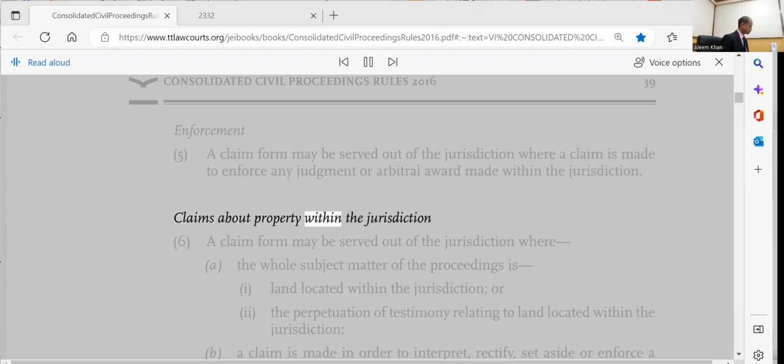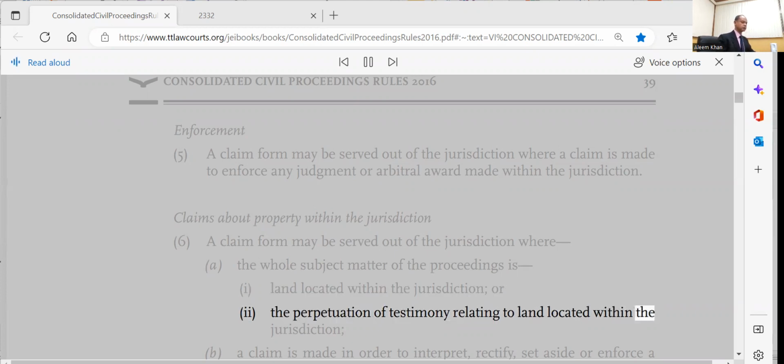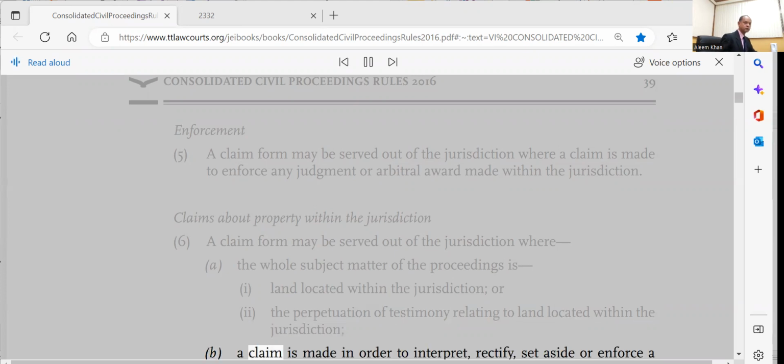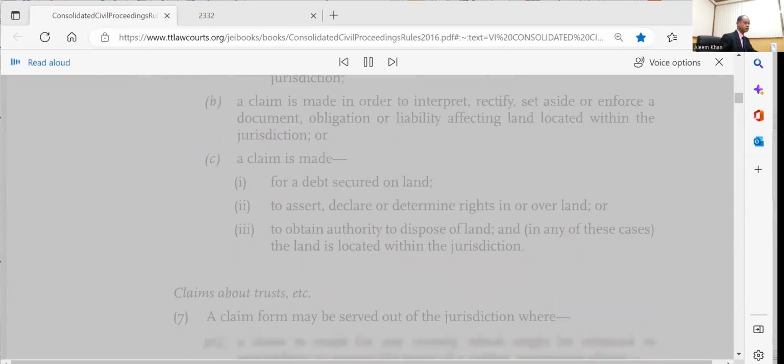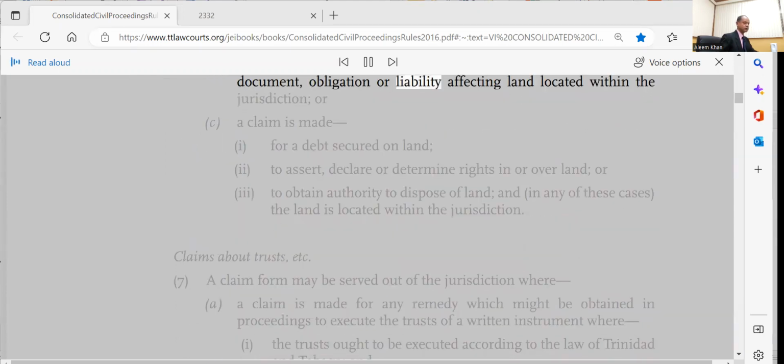Claims about property within the jurisdiction. (6) A claim form may be served out of the jurisdiction where (a) the whole subject matter of the proceedings is (i) land located within the jurisdiction, or (ii) the perpetuation of testimony relating to land located within the jurisdiction; (b) a claim is made in order to interpret, rectify, set aside or enforce a document, obligation or liability affecting land located within the jurisdiction;